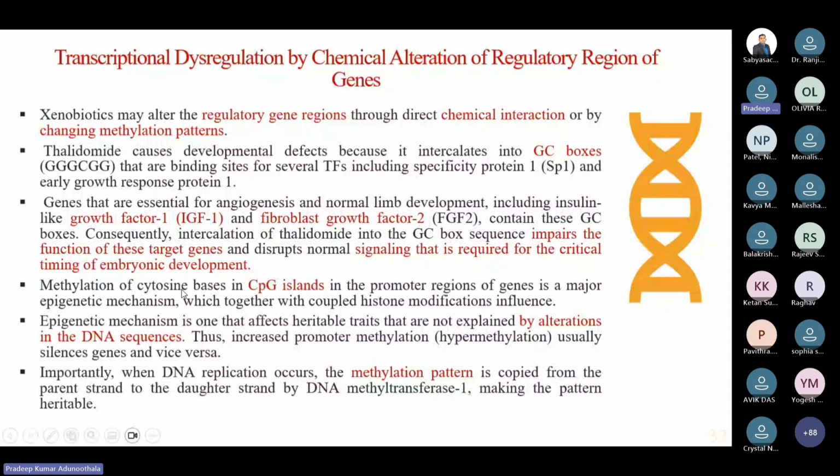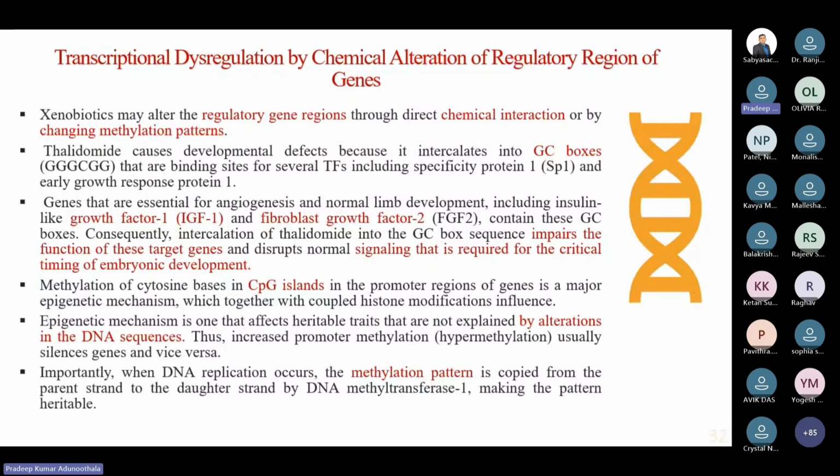And methylation of cytosine bases in CpG islands in the promoter regions of genes is also a major epigenetic mechanism, which is also coupled with histone modification, and that modifies the histone part of the gene. This epigenetic mechanism is one that affects the heritable traits. Heritable traits means the genes which are coming from our ancestors. If those genes have been affected, that is called an epigenetic mechanism. So this happens by promoter methylation. If the methylation got increased at the promoter phase, then